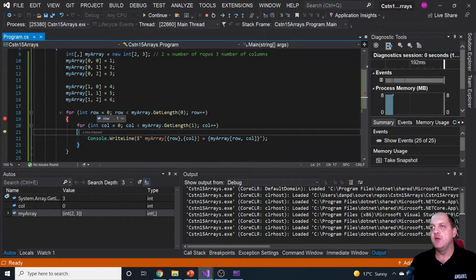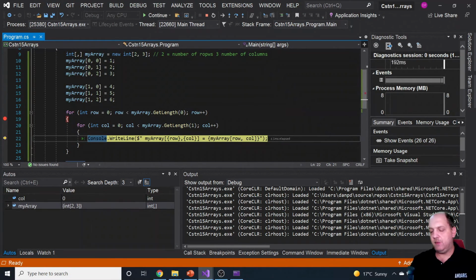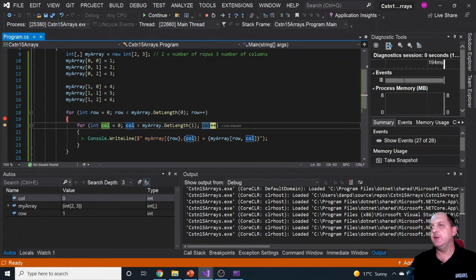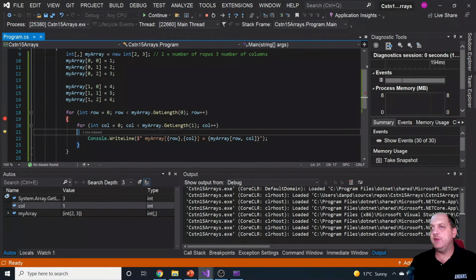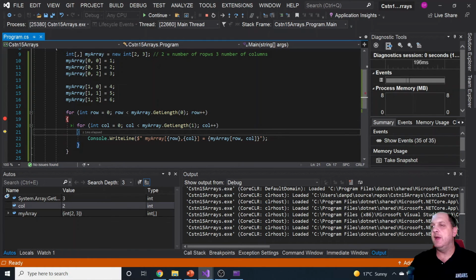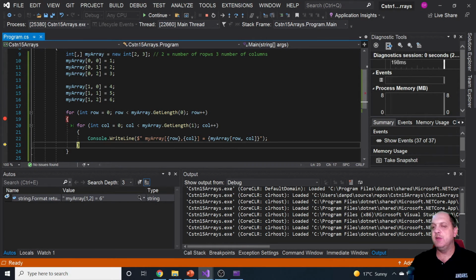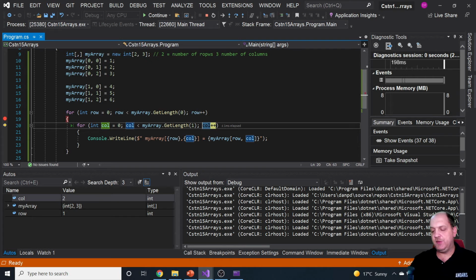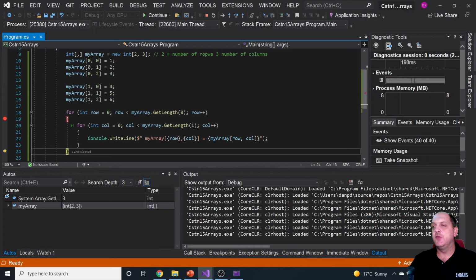So right now we would have here the first row, and here we'll have the column 0, which would correspond to this element. Then of course we would write this in the console, we would increment this, and once again we arrive here, and now we are once again on the same row, but we are still iterating through the columns. And in this case, we write what it is in the second column, and then for the third column, it happens exactly the same. Then we just increase once again the count here. This condition is not satisfied anymore, so we go out